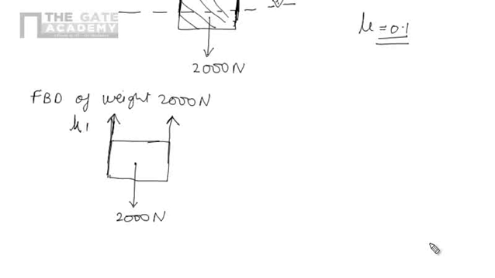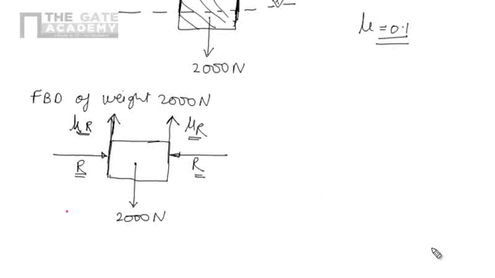This frictional force is nothing but mu R and mu R. Why are we taking mu R and mu R? Because, due to the symmetry, we can say that the load distribution will be the same. The reaction from the surfaces towards the body will be R, because this block is in equilibrium in the horizontal direction, so both the reactions will be equal, R and R. That's why we are taking the frictional forces mu R, mu R.